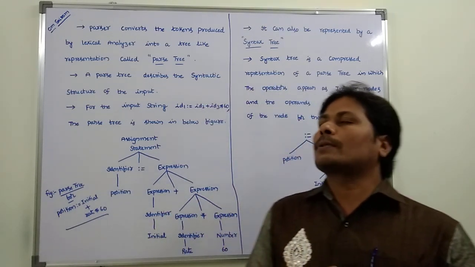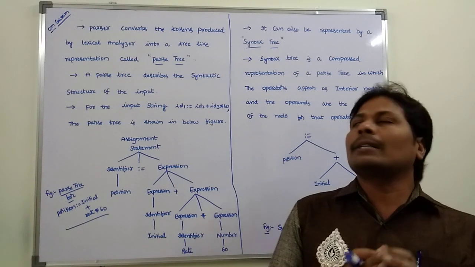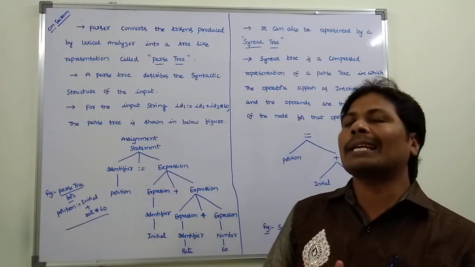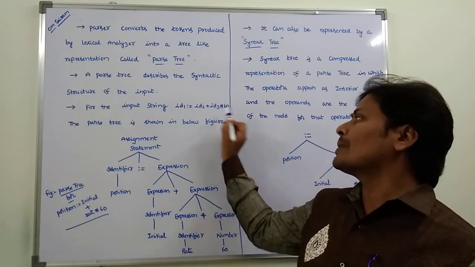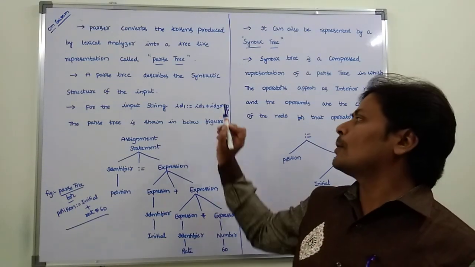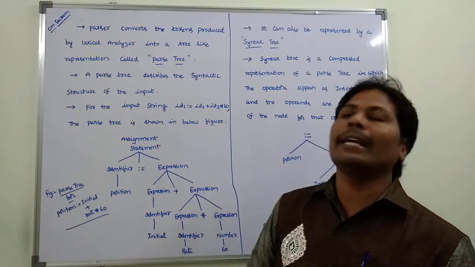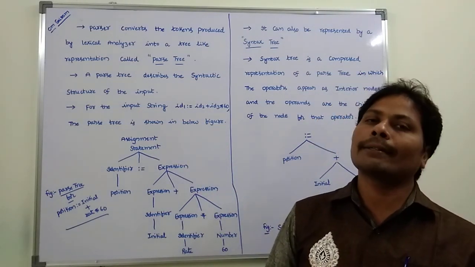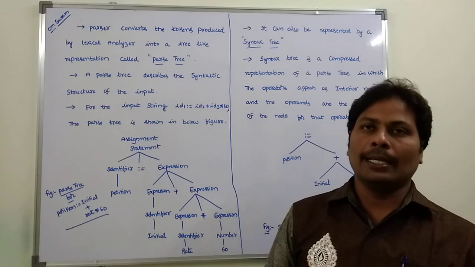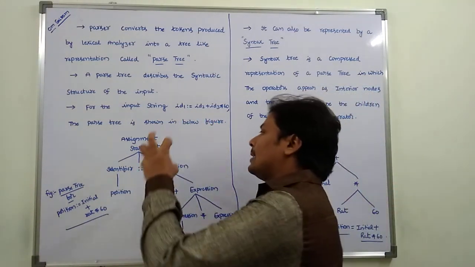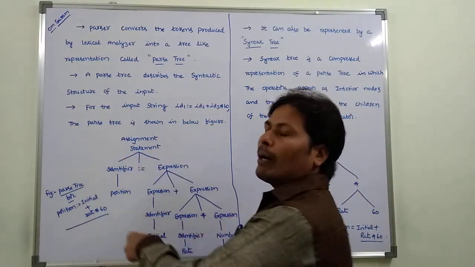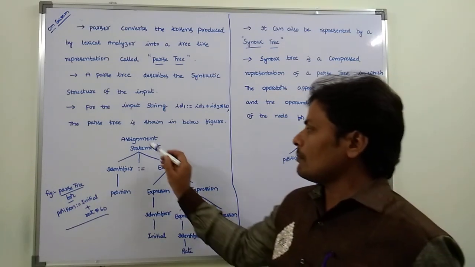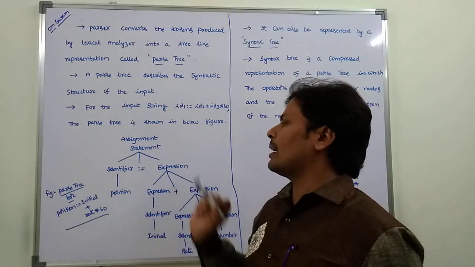Suppose we take the statement ID1 is equal to ID2 plus ID3 into 60. This statement can be obtained from position is equal to initial plus rate into 60. So that can be represented by using a parse tree. Here the assignment statement is equal